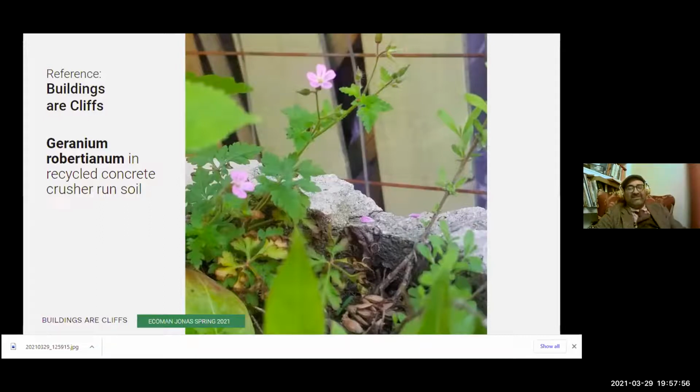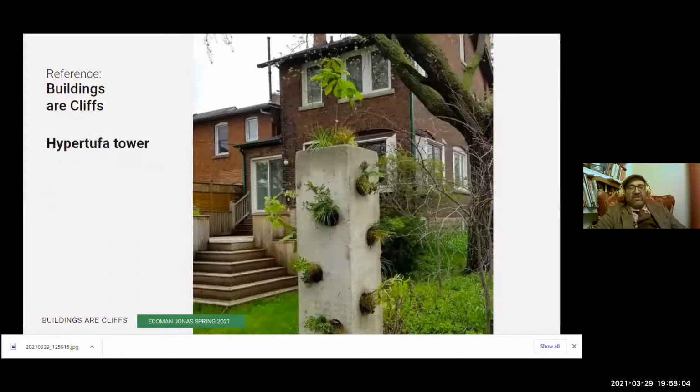It's growing in a terrace on a balcony, and it's flowering and rambling around, and it's super fun. This is a picture of the towers. This tower was made out of hypertufa, and I mentioned Barry Parker, one of our most beloved members. He actually had some amazing troughs, and this tower idea came from his beautiful garden in Parkdale, and he had